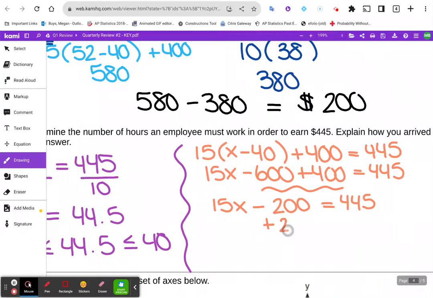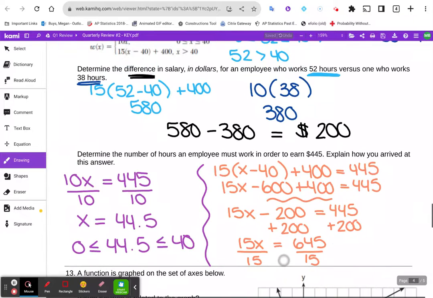Now we're ready to add to get x by itself. I'm adding the 200 to both sides. So 15x is equal to 645. And we finish this off, divide by 15 on both sides, and we should end up with x equal